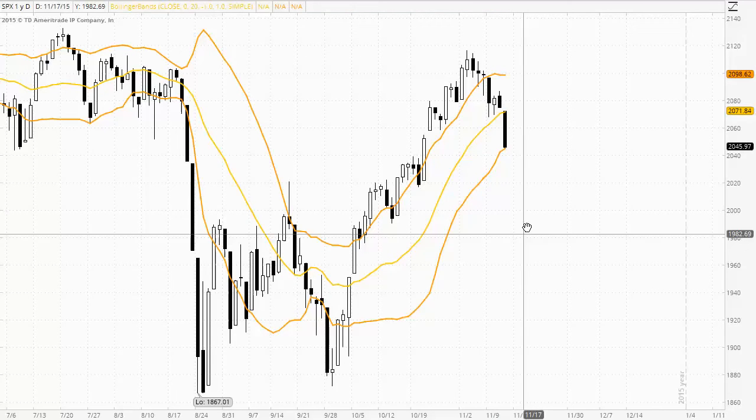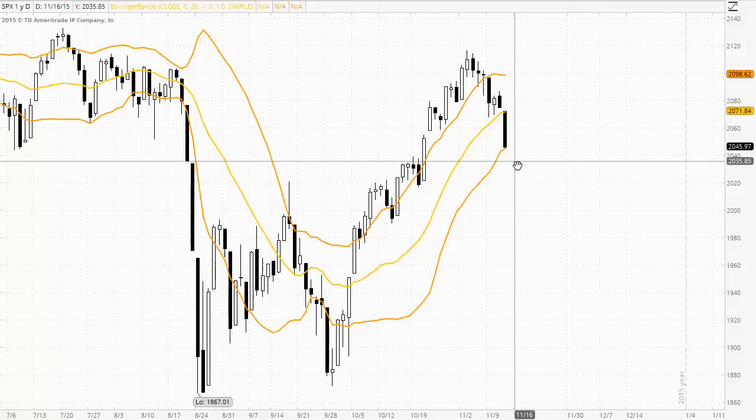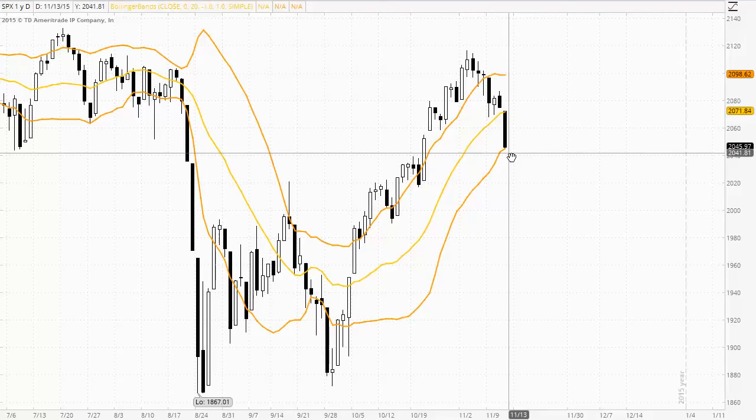And there is an opportunity here for the sellers to change the trend in that medium term to down. Support coming in for today's candle at the bottom band at 2045, 2046, and it is an area that we should be watching very closely. A strong bearish breakout will set us up for a new medium-term downtrend bias, and confirmation of that would be